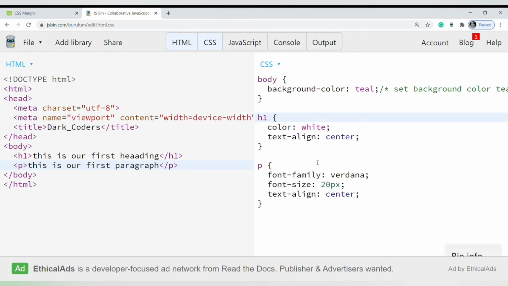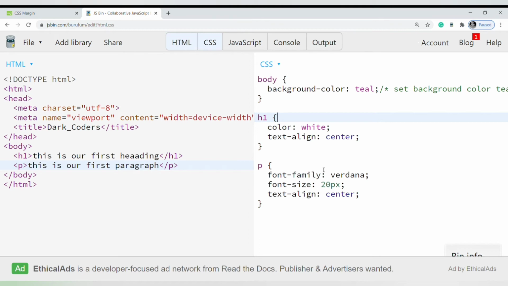I will be teaching you more tags in further videos, because this is a basic video. We have to start from the beginning, because no one knows how CSS works. So I will be teaching you from zero, and then we will move towards our fully completed course. Now the paragraph is also the same.